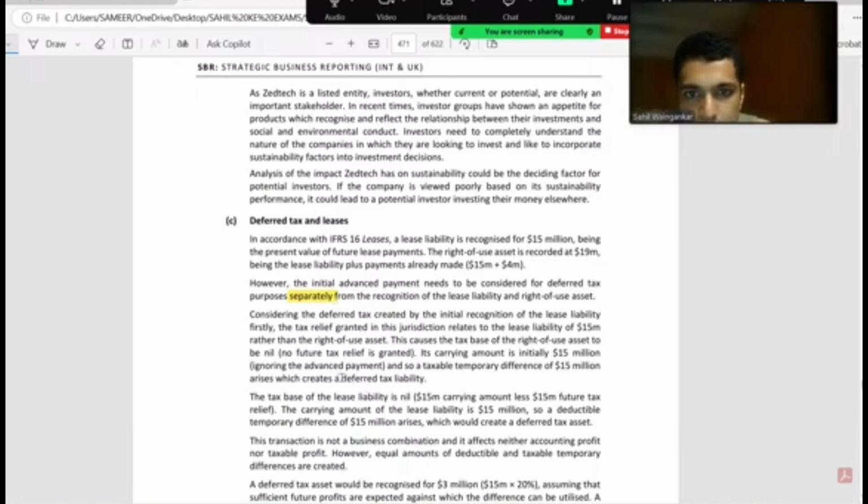Look at this, the tax base of lease liability is nil and here the carrying amount of lease liability is 15, so deductible temporary difference is 15 million again. So this would lead to deferred tax asset. So for lease liability, if the carrying amount is more, then a deferred tax asset is created. But if the same thing happens in the right of use asset account, with carrying amount more and tax base nil, then a deferred tax liability is created. So we got to learn that the